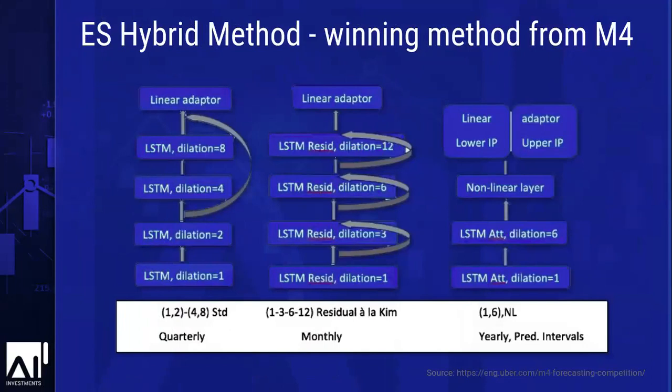Maybe before that, the advanced architecture of the LSTM. The innovation in that LSTM architecture is, first, dilation. It is a concept borrowed from the convolutional neural network. Each layer has a different dilation. The first layer gets 1 value, then the next gets every 8th value, and so on of the time series.